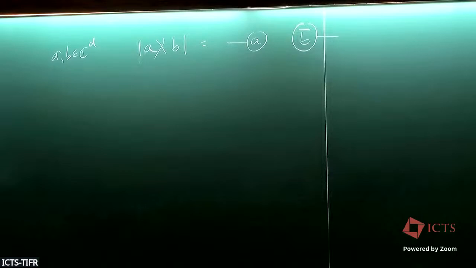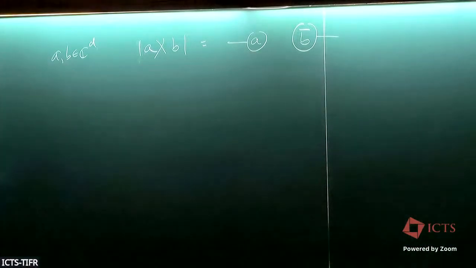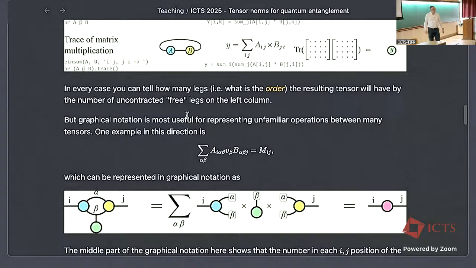Okay, now we can go crazy. We can have much more complicated diagrams because, of course, in linear algebra we don't need tensor diagrams, but tensor diagrams are nice when you have big tensors. So for instance, this picture here, what does this correspond to? So basically here I have three tensors. I have a blue one, a yellow one, and a green one. You see they are all of order 3. They have 3 legs sticking out. And some of them are contracted, some of them are not contracted.